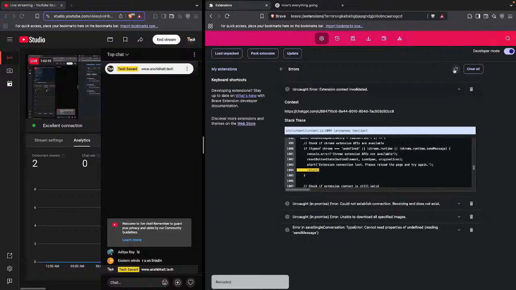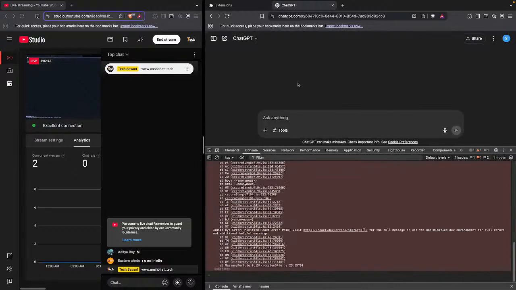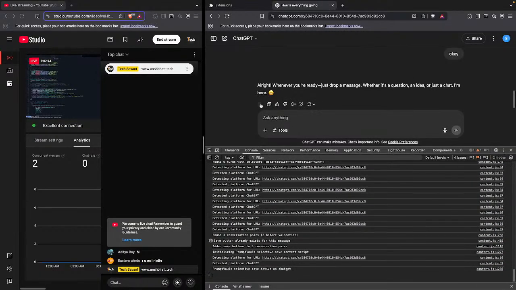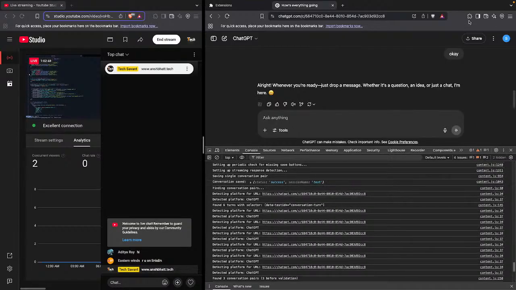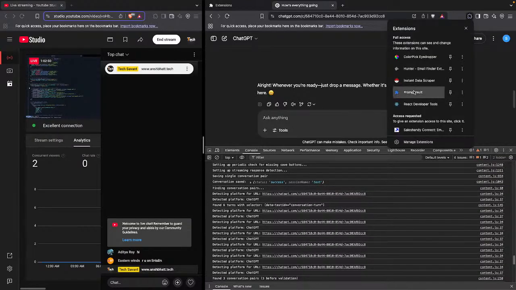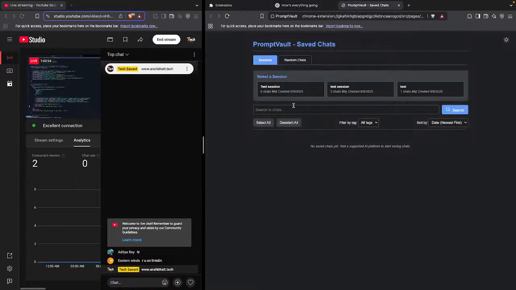Let's say load the extension, and we load this page also. Add a save button. Save success, session name test. Okay, it is saved. This name, save chat